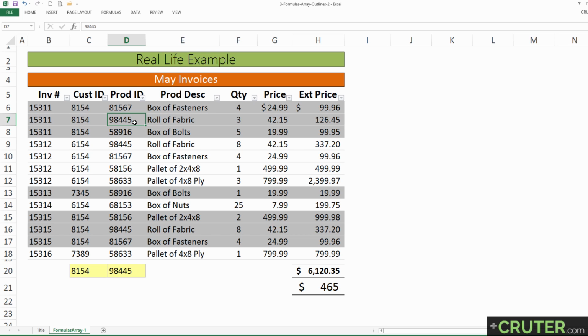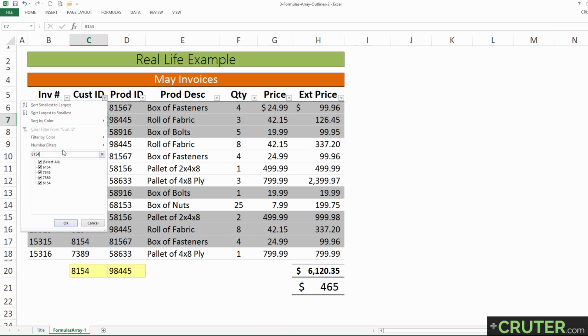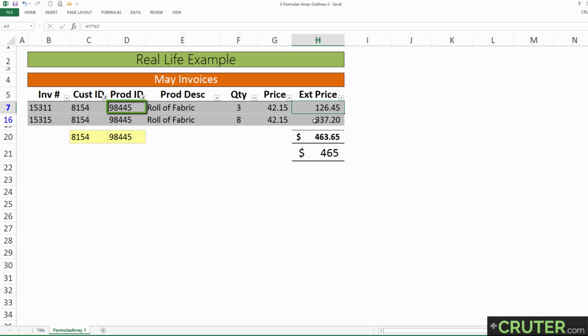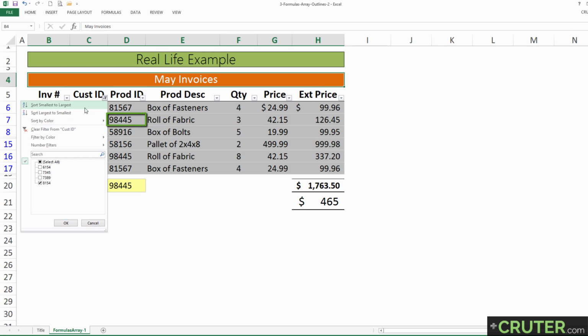And currently your process is probably just to copy this customer ID and filter on it, and then also do the same thing with the roll of fabric product ID or SKU and paste it into a search, and quickly find that that customer has spent $463 on that specific product in the month of May. Now, this process of going through this analysis is completely fine, but an alternative to using these filters